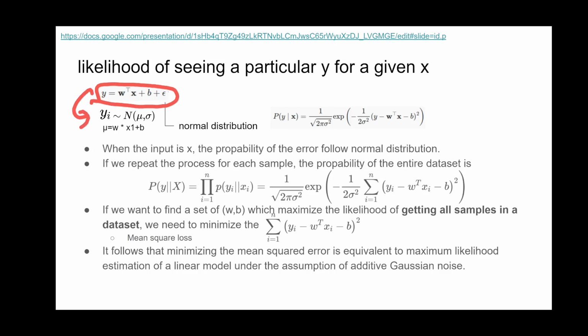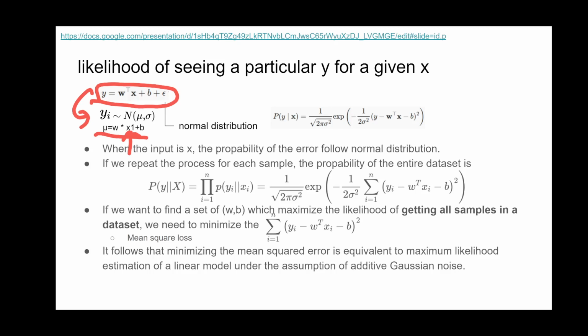So the tilde here means that y is sampled from a normal distribution whose parameters are mu and sigma, and mu is decided by this formula. In this formula, we have two parameters, w and b. For each x, we can decide a mean value, and for a specific sigma, which is a deviation, we can define a normal distribution, and then y is actually a sample from this distribution.